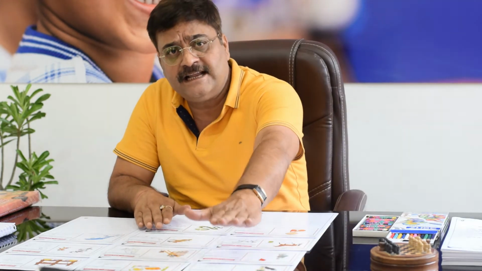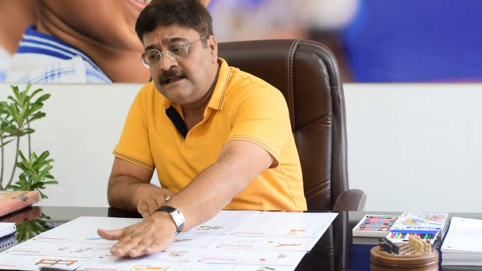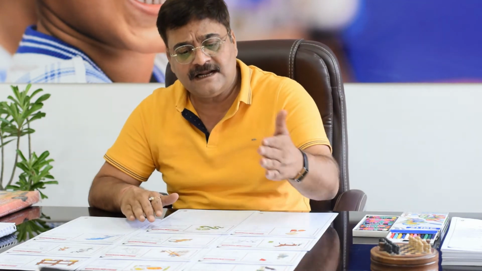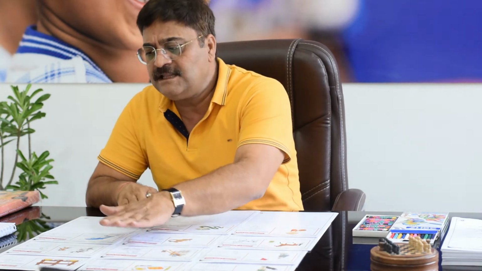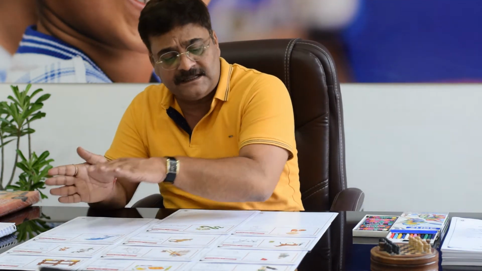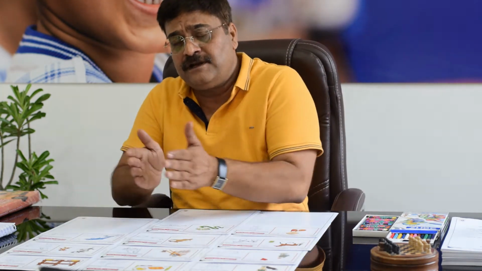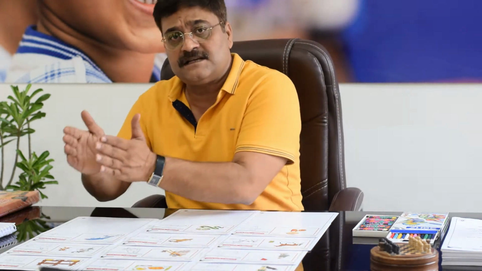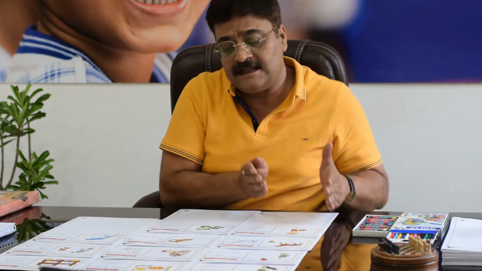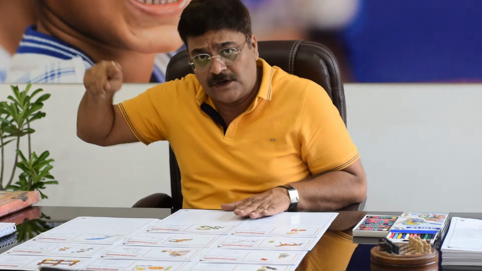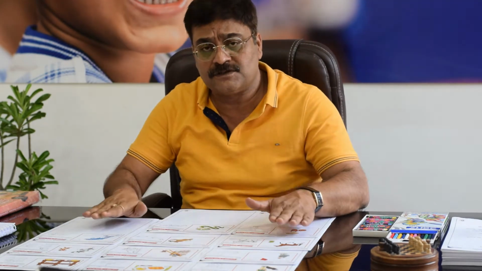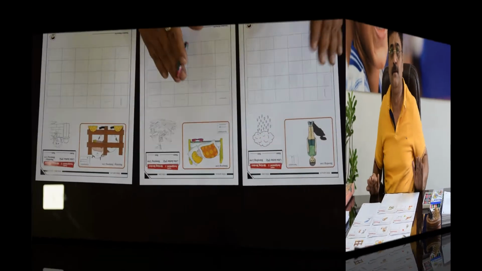First is the standing line, then second is the sleeping line, then we have the combination of standing line and sleeping line. After that we have slanting line up, then slanting line down, then the combination of slanting line up and down. After that we have semicircle up, then semicircle down, then circle, and then one very important writing pattern called strolling. I will explain and demonstrate all these patterns to you.